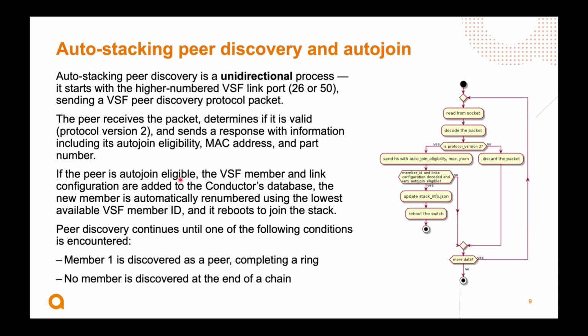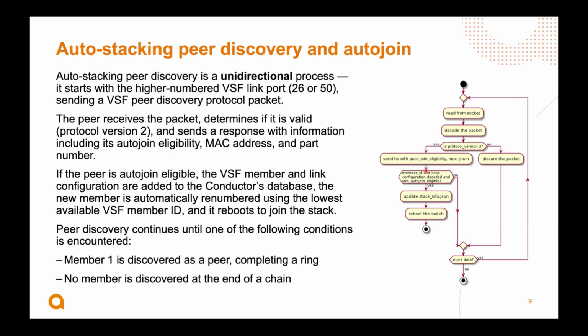The peer receives that packet and determines if it's valid, which means it is VSF protocol version 2. You can see this little flow on the right. This is from the peer, the neighbor's side perspective. It receives the packet, determines if it's the correct version, and sends a response with its auto join eligibility state, MAC address, and J number or part number. That response is received by the conductor, and if this peer is auto join eligible, meaning it's in a factory default state, or forced auto join is enabled,